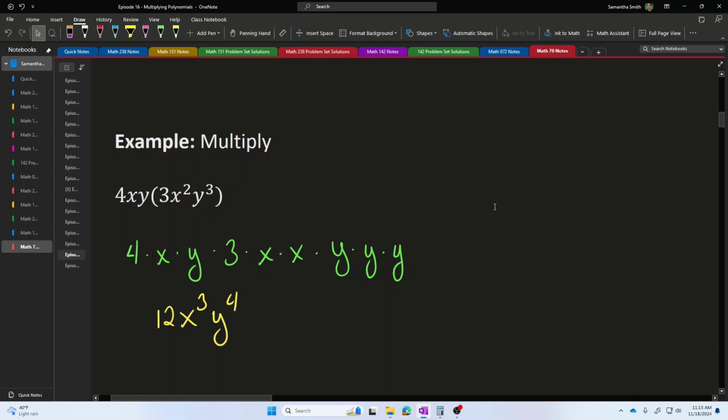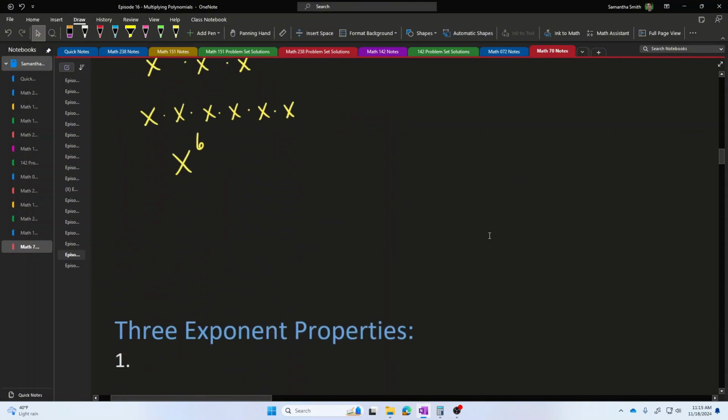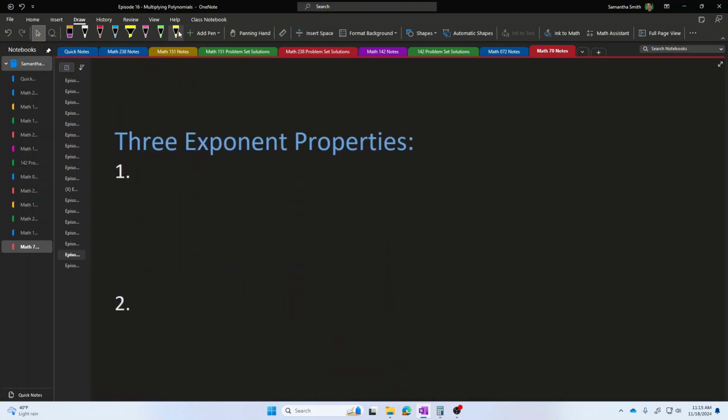Now, there is a little bit of a shortcut that can be nice to do this process more quickly sometimes. And the shortcuts, I should say, can be expressed in three exponent properties. The first exponent property is this. If I have some base, I will just call it b for short, and that base is raised to some power, I will just call it n. If I multiply it by another copy of the base raised to a different power, then the result of this product is just adding the two exponents together.